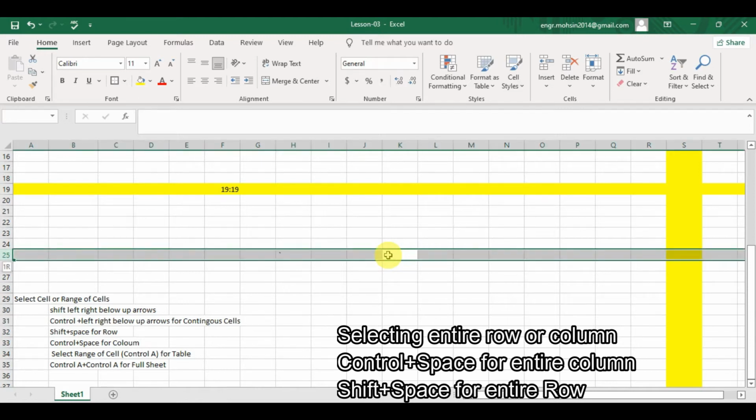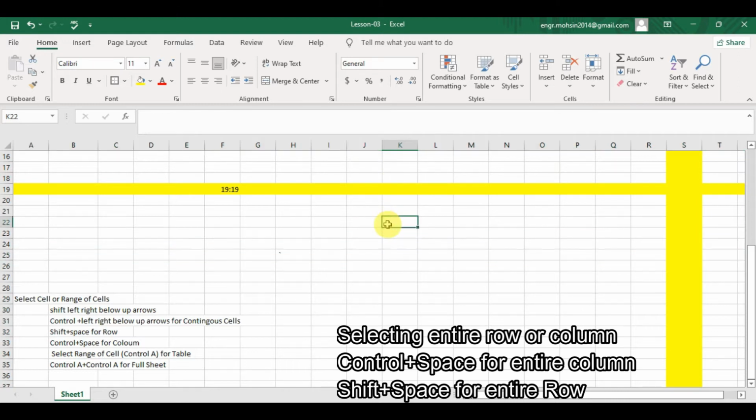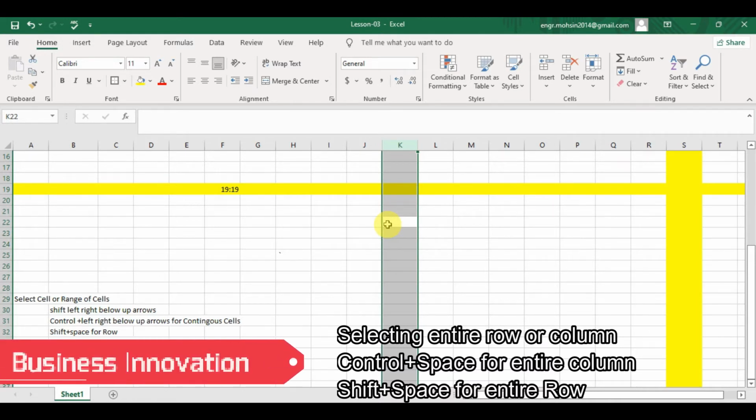Shift plus space is to select the entire row, and Control plus space is for the entire column.